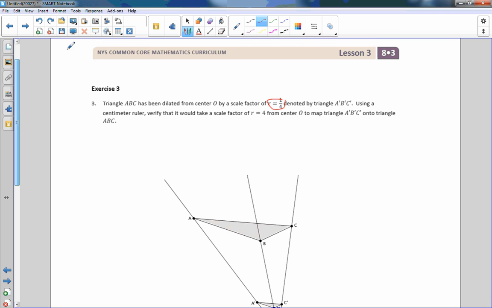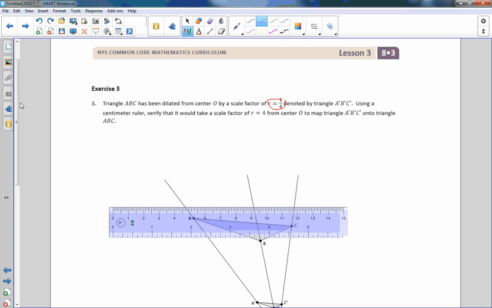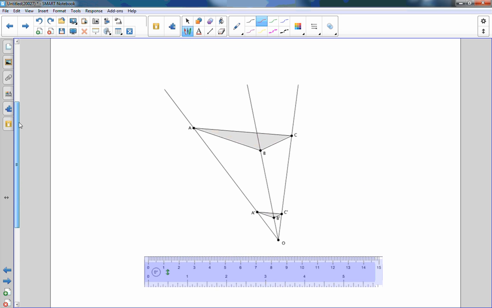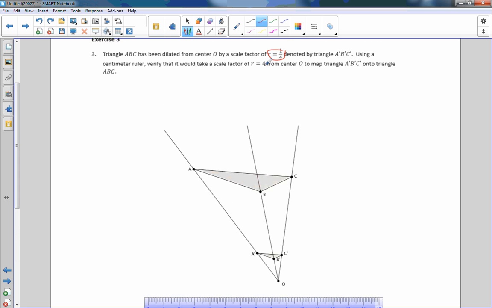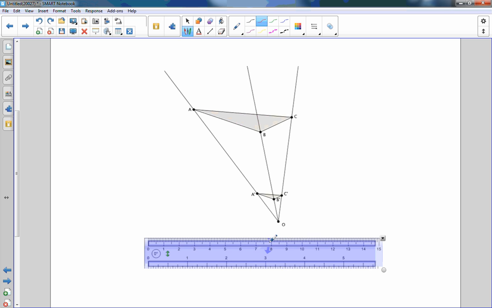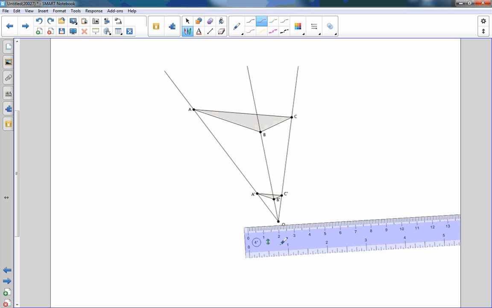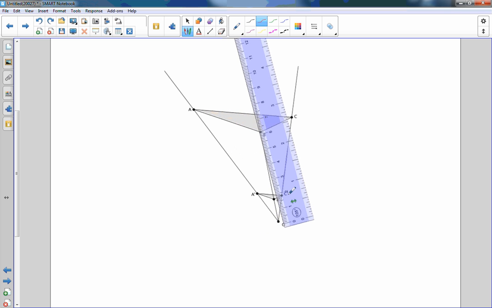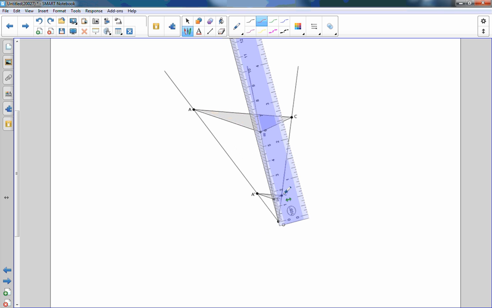So this is just asking us to verify that if we scale something down, to scale it back up, we have to do the reciprocal of the scale, r. So our scale factor, r equals 1/4. To get it back to the original, we have to then do a scale factor of 4, which is the reciprocal or inverse of r equals 1/4. So I'm going to measure these. I always like to use centimeters. So I'm going to put the ruler right on my center O, and I'm going to measure,